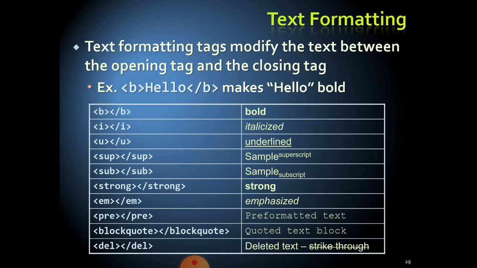We can also keep the text in strong face, we can emphasize the text, and we can delete the text, that means strike out, with the DEL tag. These are all paired tags. B means B and /B, the opening and closing. Italic, I, closing /I, underline U, closing /U. These are all the paired tags we are having. These text formatting tags modify the text between the opening tag and the closing tag. These are the different types of basic tags we will use to write sample programs in an HTML page.